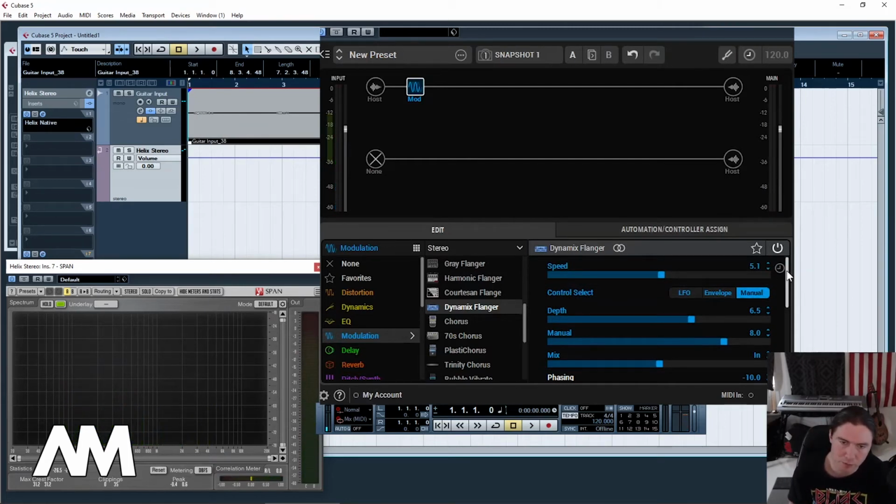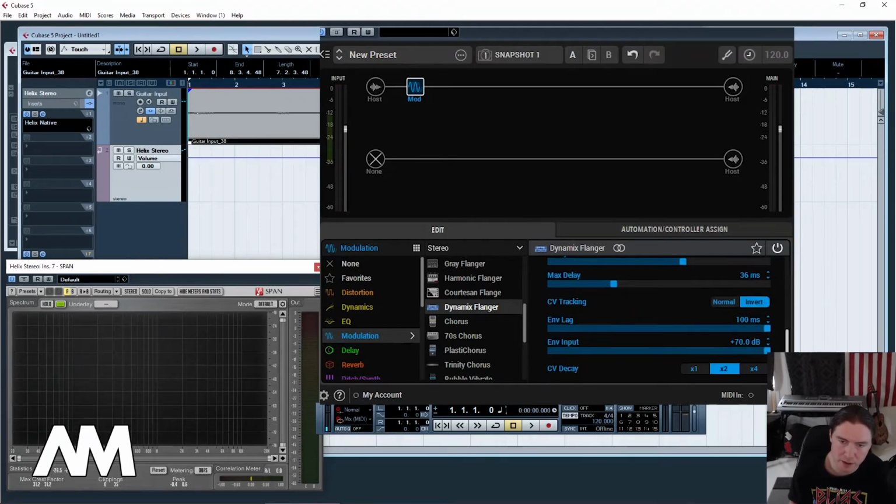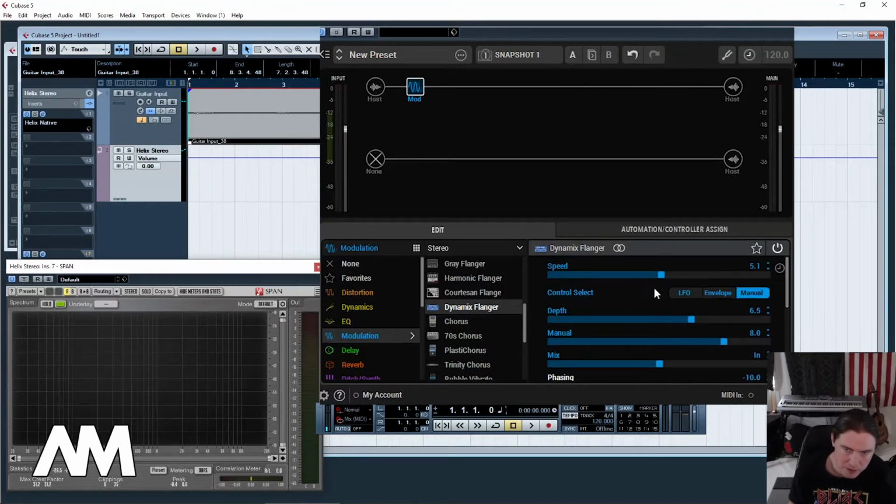I'm sure if I really dove in and saw everything that's going on with this, it'd make a little bit more sense. But basically, you have three different options: your LFO, your envelope, and your manual. Your LFO is going to give you a constant up and down, up and down. Your envelope depends on how you have the settings set, but as you're playing, it'll open up and then stay with whatever the controls are. And then your manual